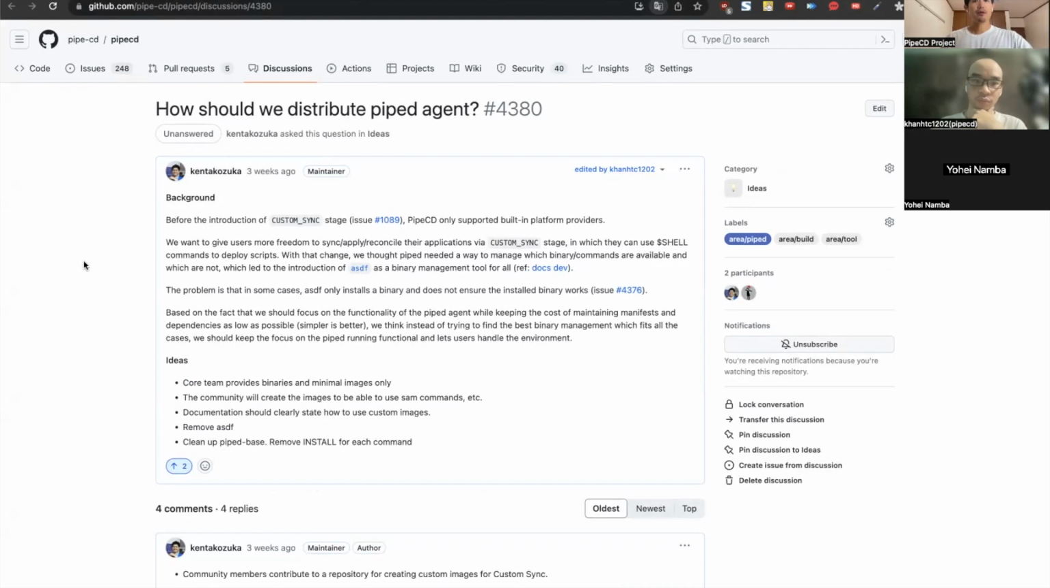So we want to give users more freedom to sync, apply, and reconcile the application via the custom sync stage, in which they can use shell commands to deploy scripts. At first, we tried to use ASDF as a binary management tool. If we want to use SAM, ASDF can download and install it to the container, and PipeCD could use some commands inside a container of the PipeCD agent. But we realized the problem about the dependencies